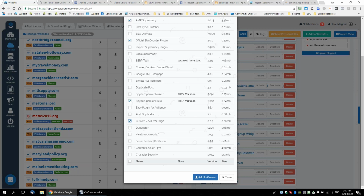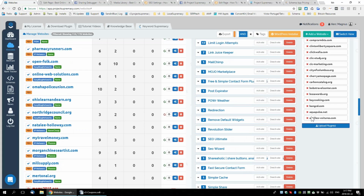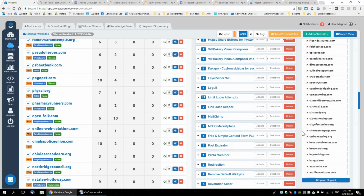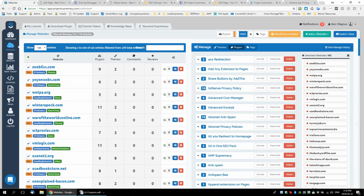So you could do mass and multiple mass WordPress management with the WordPress Manager. Literally, guys, this WordPress management feature alone is worth the $37. So we're trying our best to build in a shit ton of value into the plugins. I could go on all day, guys, about all the features of the WordPress Manager, but